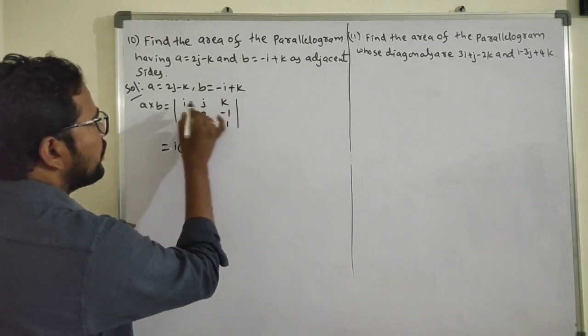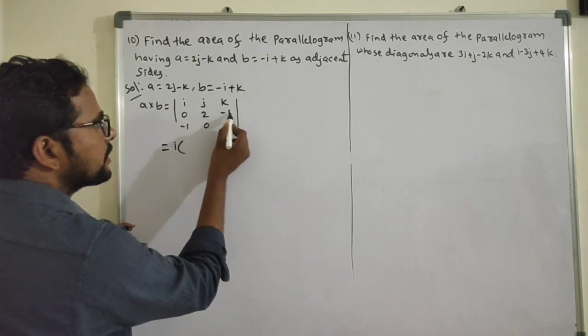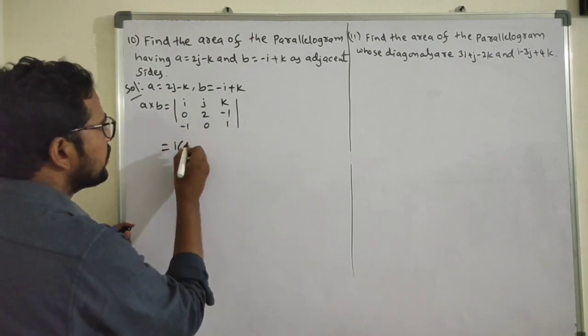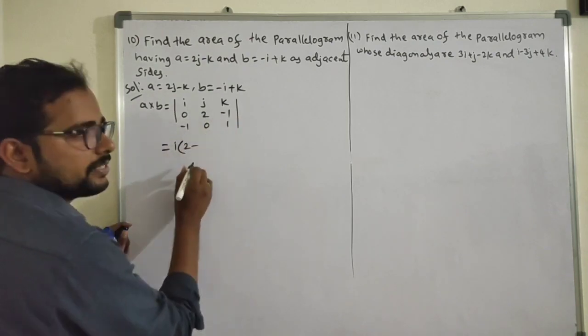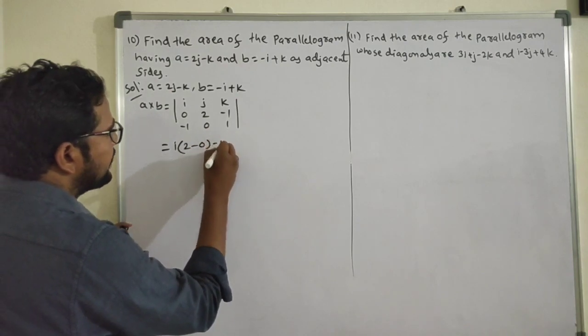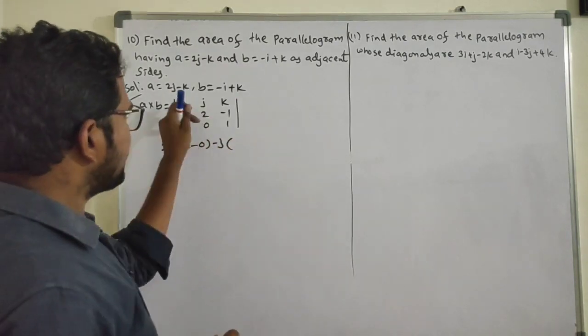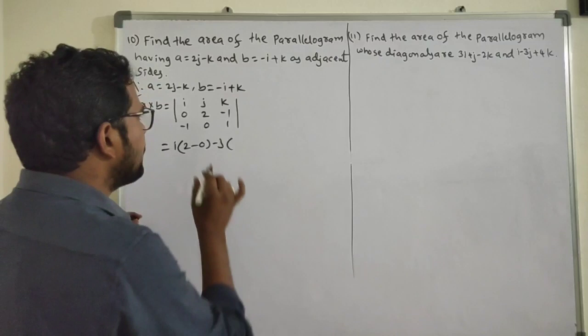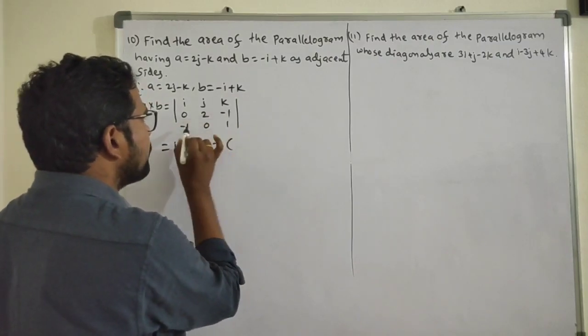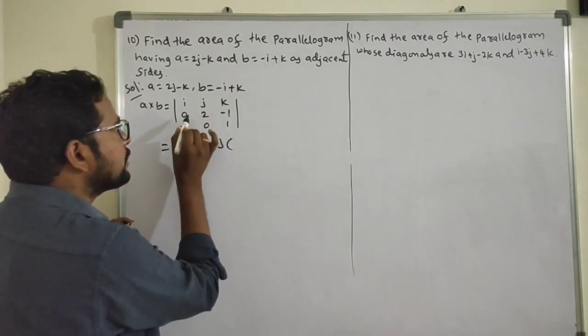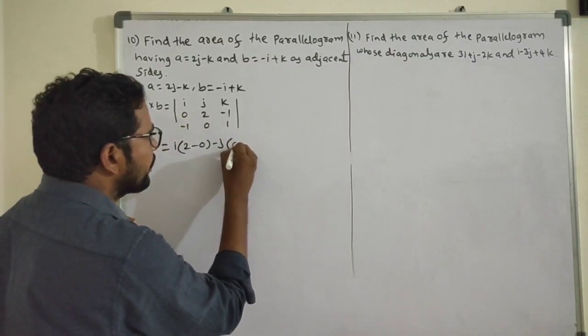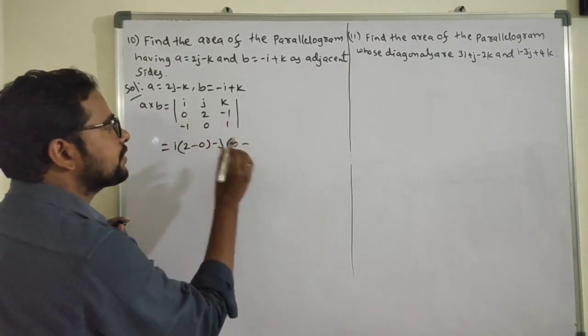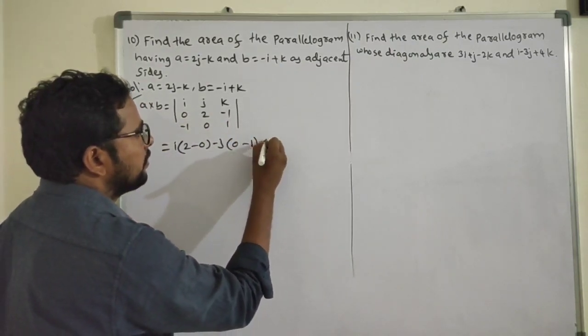I, first row, first column, remaining 2, minus 1, 0, 1. 2 ones are 2, minus 0 into 1 is 0, so 2i. Minus j, j lies in the first row, second column, remaining elements 0, minus 1, minus 1, 1. AD minus BC: 0 into 1 is 0, minus minus 1 into minus 1 is minus 1, so minus j into minus 1 is plus j. Plus k into